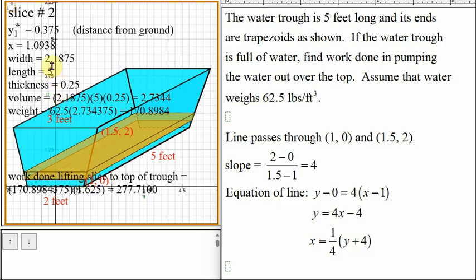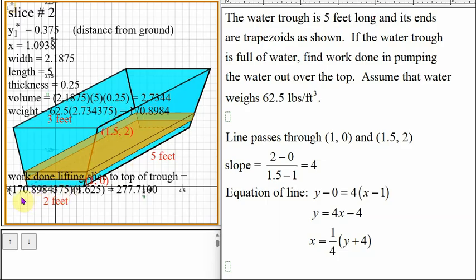It'd be 2.1875. And then the length is 5, the thickness is 0.25. So the volume for this slice number 2 is 2.7344. And so the weight for this slice number 2 is 170.89. And so the work done in lifting this slice of water to the top here is